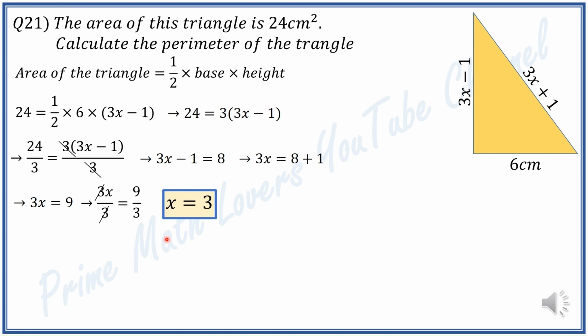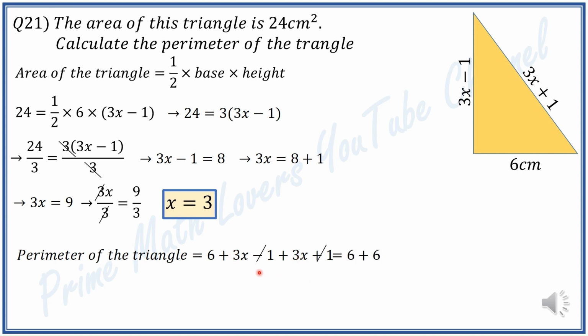Now we can calculate the perimeter of the triangle by summing the lengths of all these sides. So perimeter of the triangle is equal to 6 plus (3x minus 1) plus (3x plus 1). This negative 1 cancels this positive 1, and 3x plus 3x will be 6x. So this is equal to 6 plus 6x, and if we replace x with 3, we will have